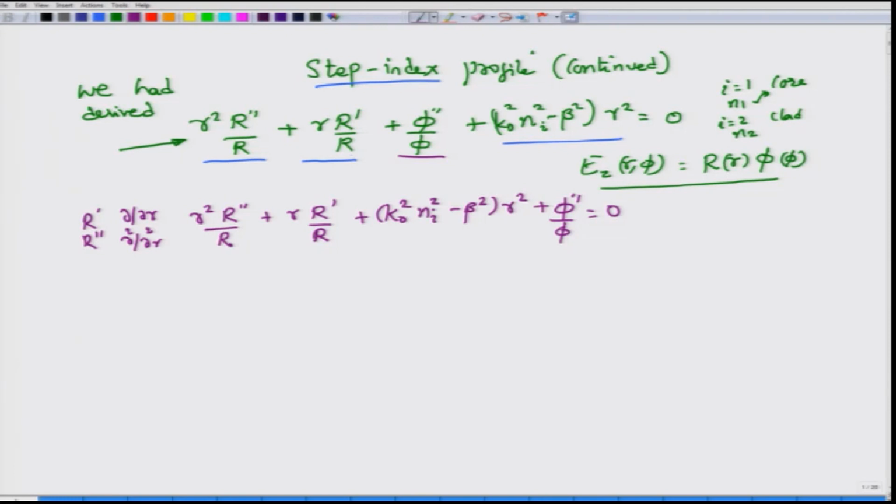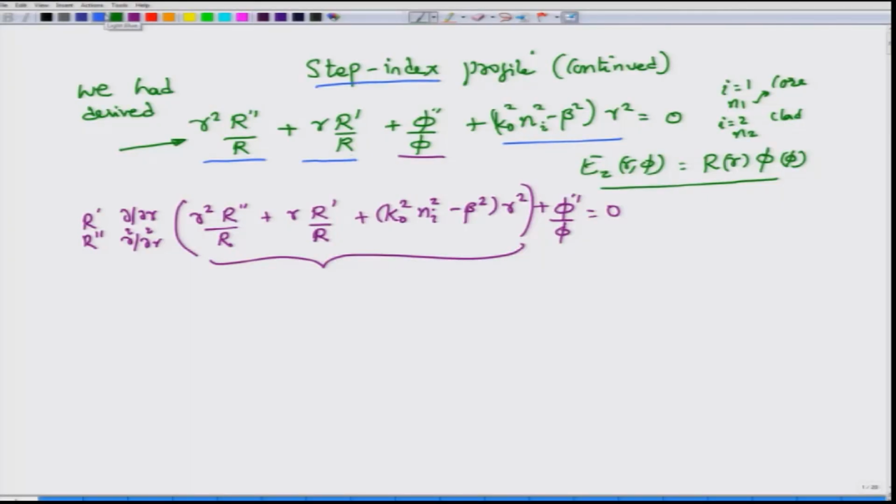Now, I have two functions, right. There are three terms which may be collectively combined into one big brace. Whatever is in this brace is a function only of r. So, I can change the value of r, I can go from core to cladding, I can do whatever I want with the small coordinate r. The terms that I have shown in this bracket represent only functions of that small coordinate r. Similarly, what I would now indicate with another brace is just a function only of phi.